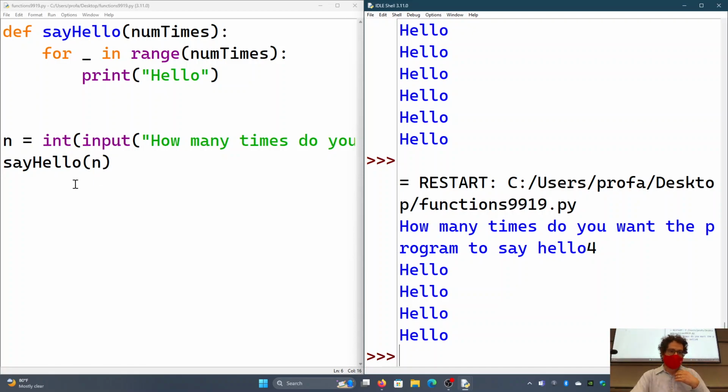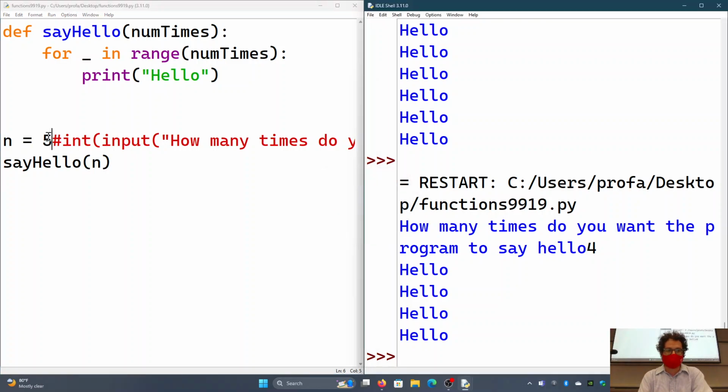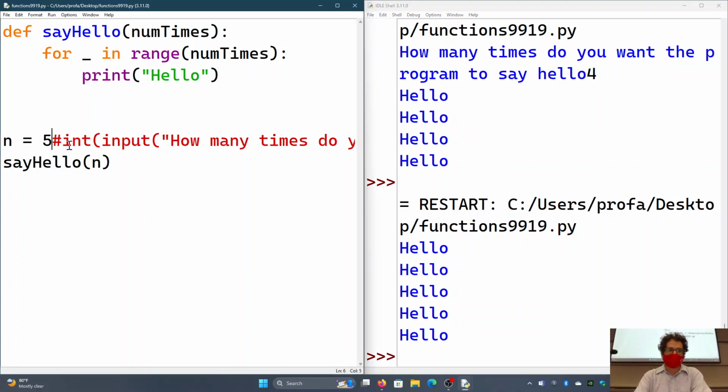Now, one of the things I like to tell students is that the input should be the last part of the program. It's actually the least important part of the program. Yes, we used it a lot in other programs, but that was because that was the only real way we had to communicate with the program. Okay? So, in fact, that's the last part you put in because you can test your code a lot quicker when you don't have to enter in what you want it to compute. You just run it. Okay?